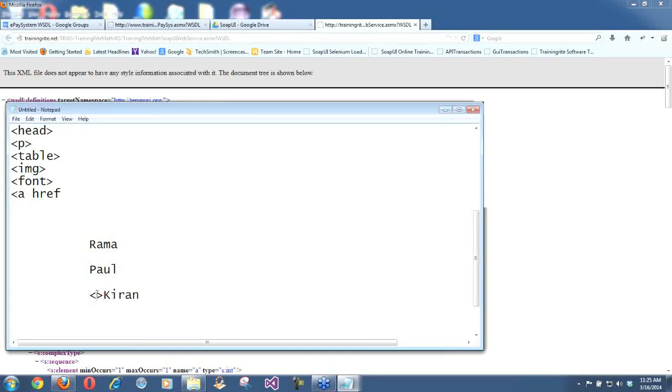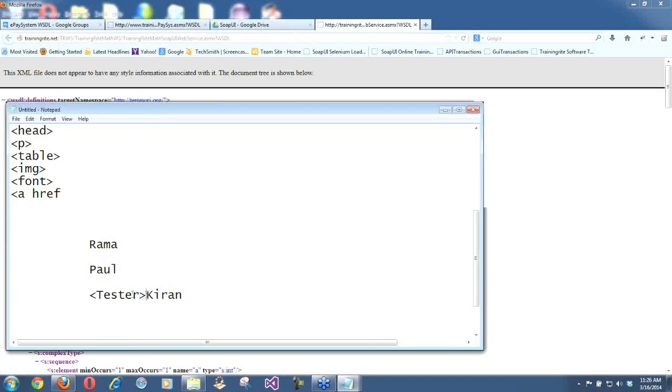If this is an element, it describes this data. The data was Kiran, and we are describing that by prefixing it with an element, and that now tells that this